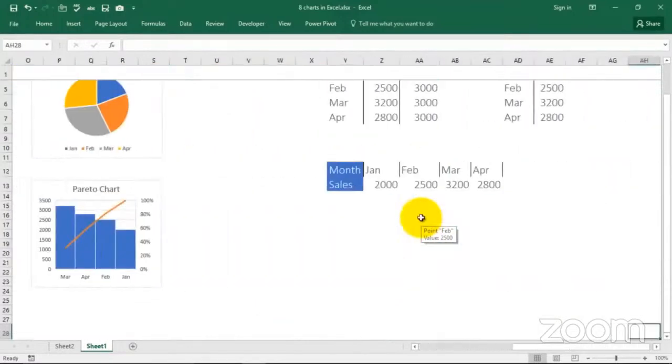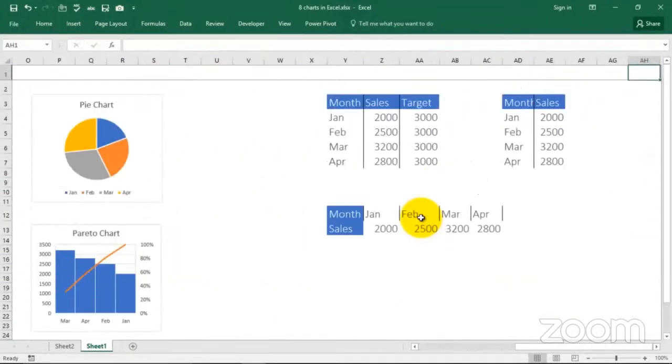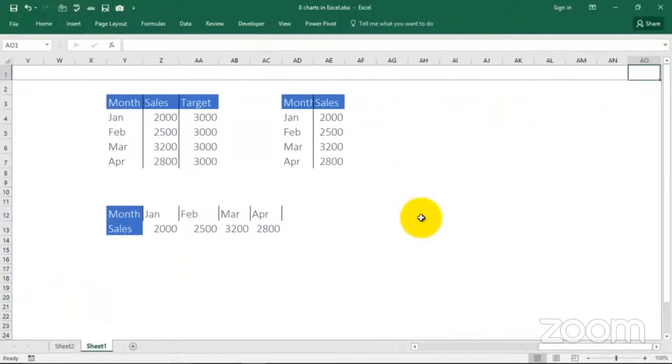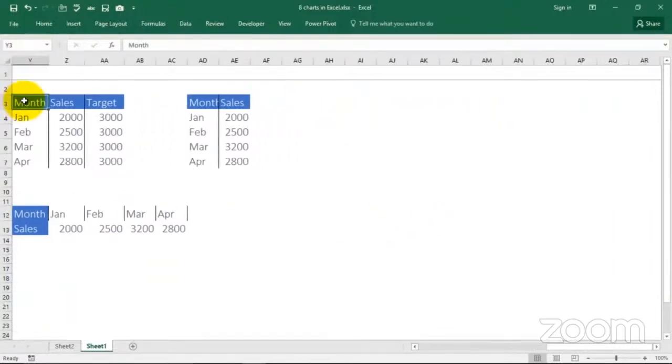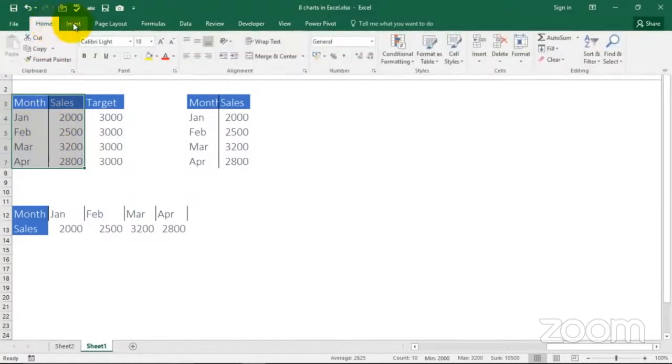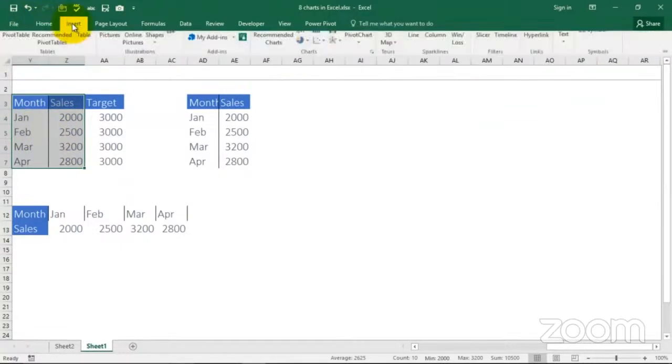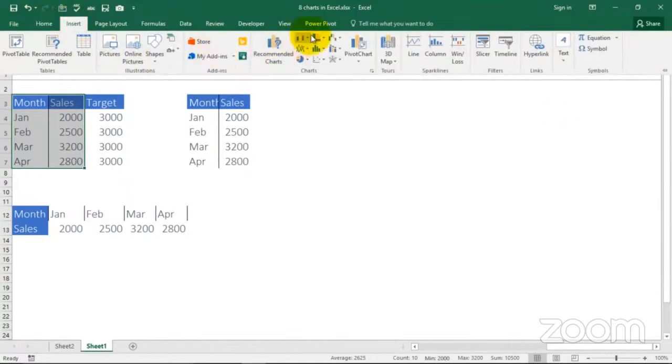Making charts and graphs in Excel is very, very easy. You just need to know what kind of data you have and what you want to show. So let's start making our charts from here, and this is the data I have. To insert the chart, you select your data and go to insert, and from here choose